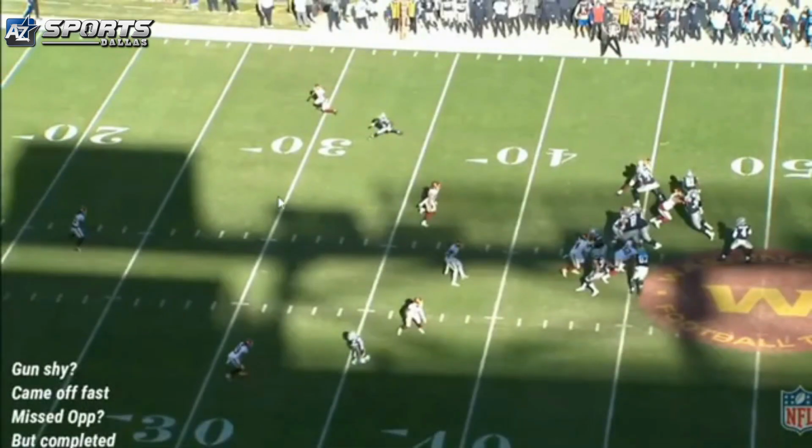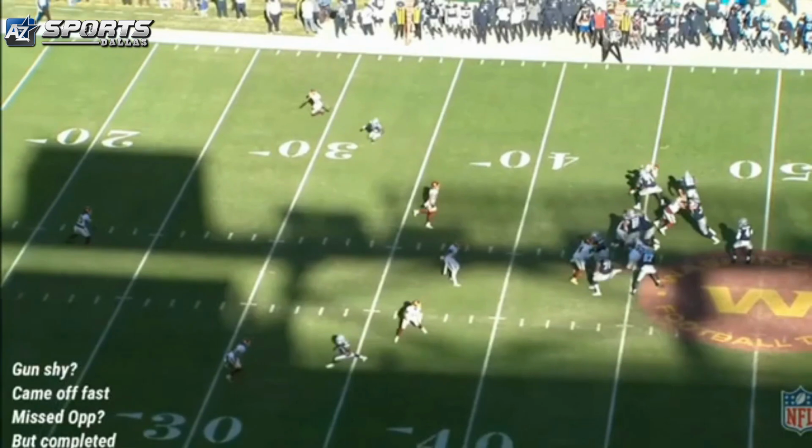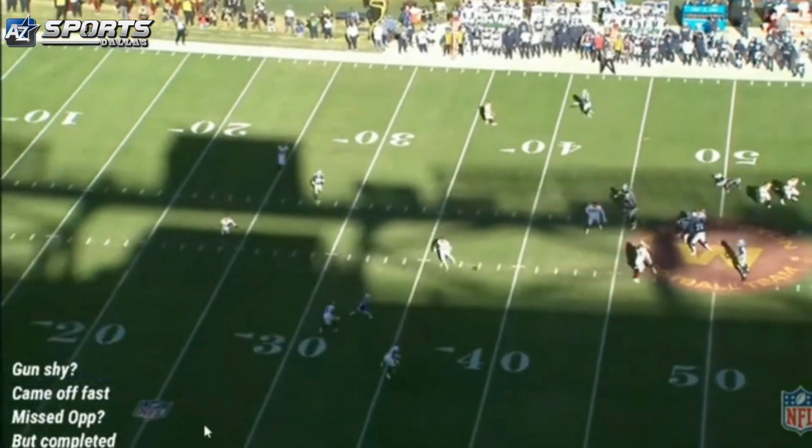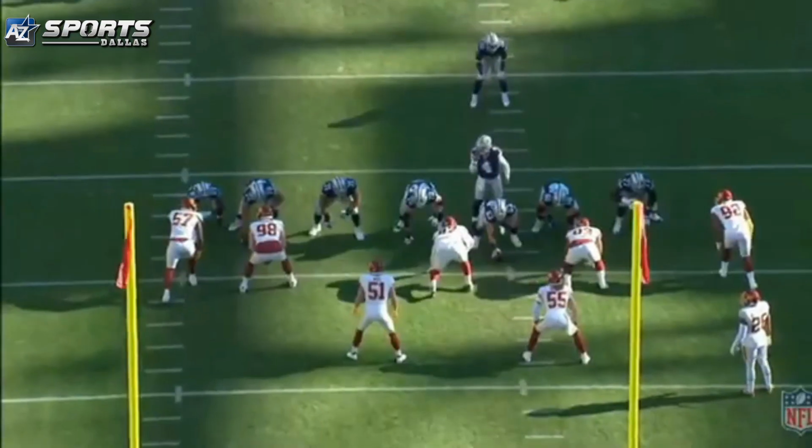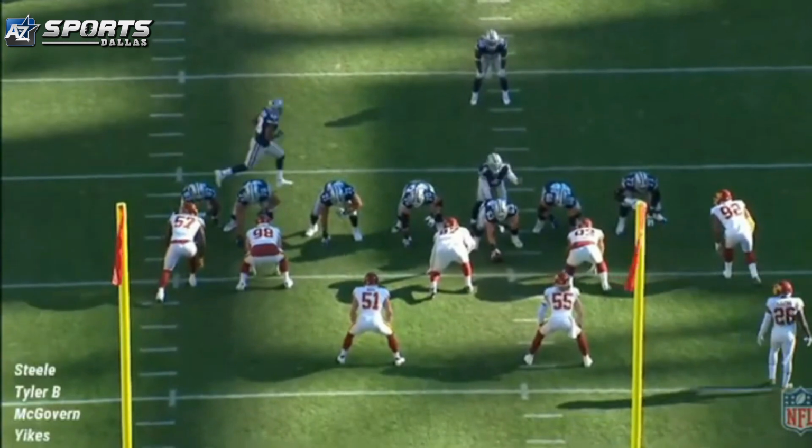But I think this is one of the cases where he's gun shy. You've got to throw to the spot right here. You're at the top of your drop. I think Michael Gallup is breaking here. This linebacker is not deep enough. You do have a safety that's hanging, right? But he won't get there quick enough if you get the ball to Michael Gallup somewhere in this area. So I think he got a little gun shy, didn't trust himself here, and decided to come off of it and get a completion to Amari Cooper. So, I mean, it wasn't a bad play.